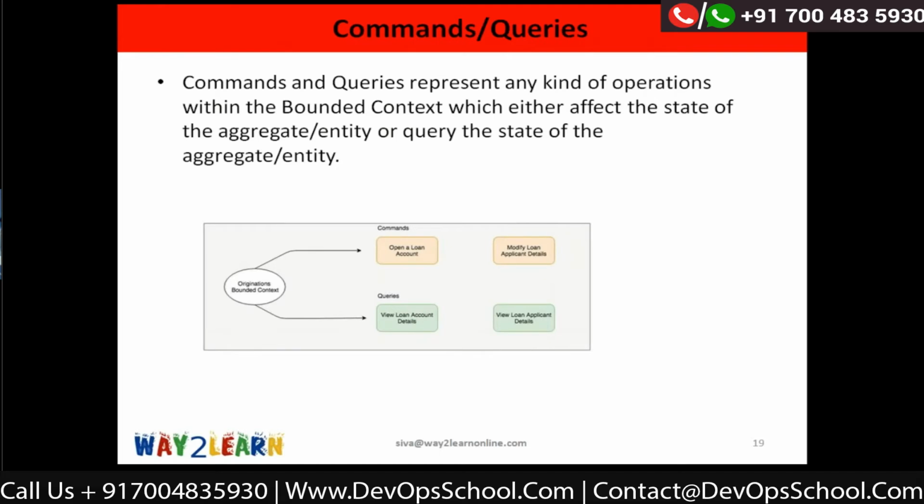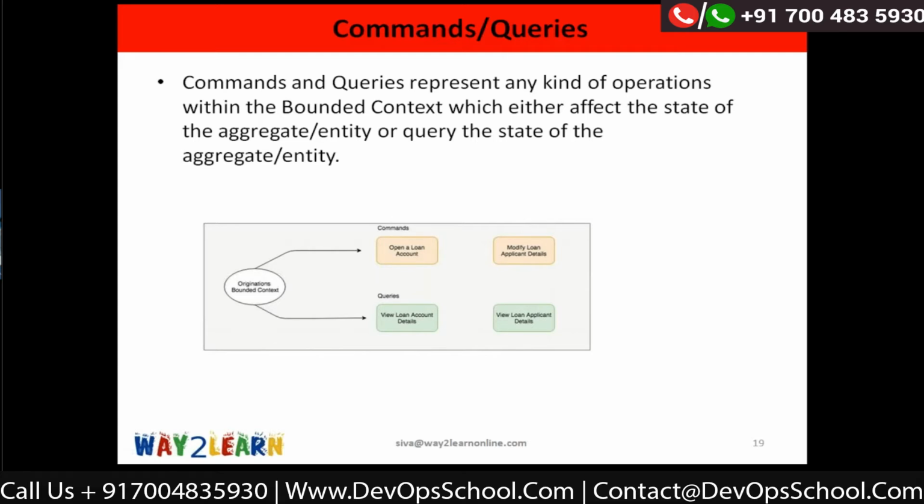And the next step in designing our domain model is to identify commands and queries. A command is any request coming to my bounded context that will modify the state of an aggregate, right? So open a new loan account is a request coming to my application. Let's assume a request is coming to open a new loan account.